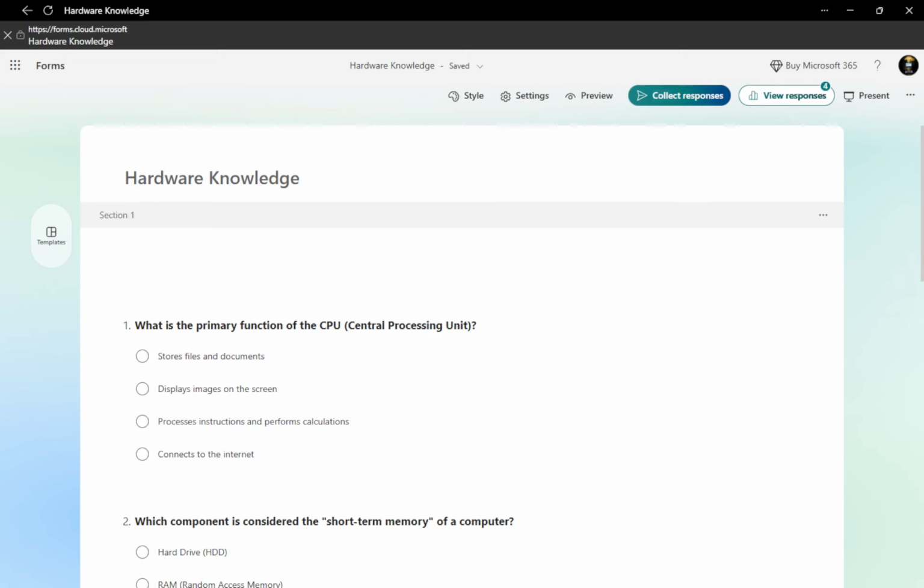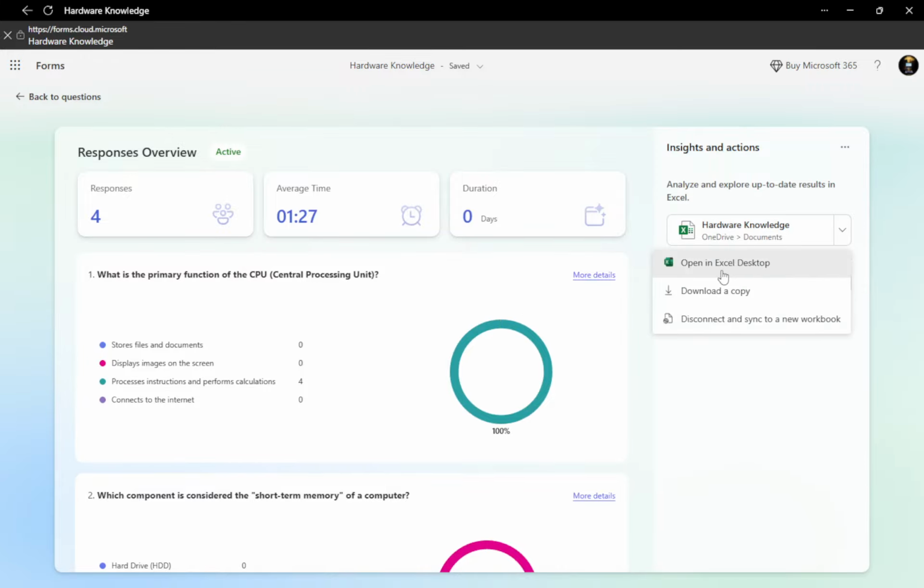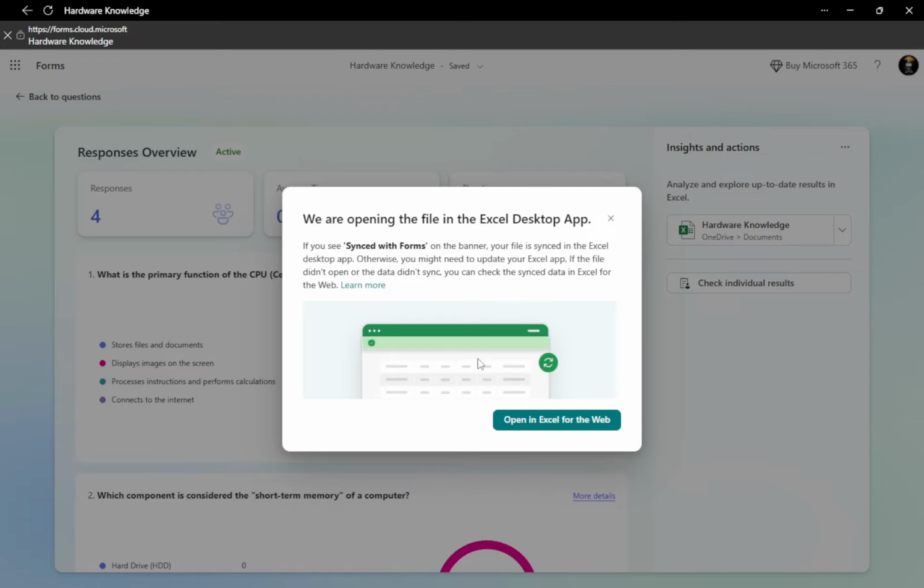Next, let us look at saving form responses to Excel when you are the form owner. Open your form in Microsoft Forms so you see the editing view. Along the top, select the Responses tab. This tab shows the total number of responses and some basic charts. Click Open in Excel.